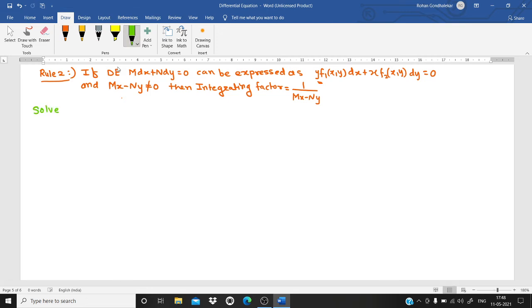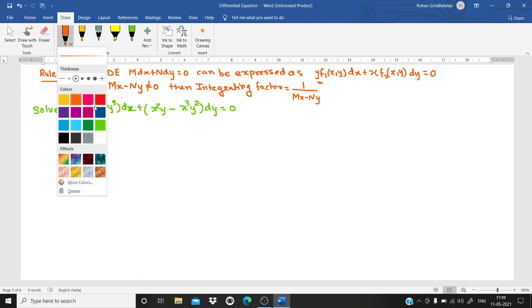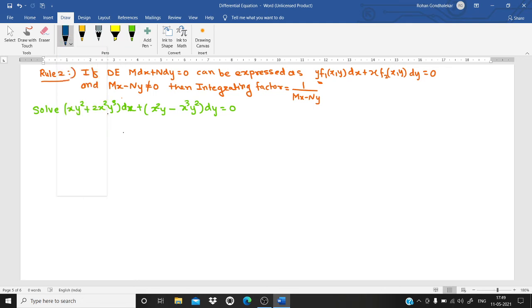Solve x into y square plus 2x square into y cube dx plus x square y minus x cube y square into dy equals to 0. Fine. So what is m and n here? And check whether it is exact or not. So here